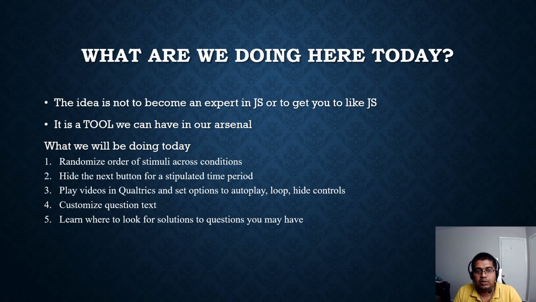So what we are going to be doing today is not fall in love with JavaScript, is not become an expert in JavaScript. I personally don't like JavaScript, and I don't think I'm really good at it either, but it is a tool, and I have figured out how to use this tool within the boundaries of what my research requires me to. And hopefully I can get you excited about that as well. So before we begin,